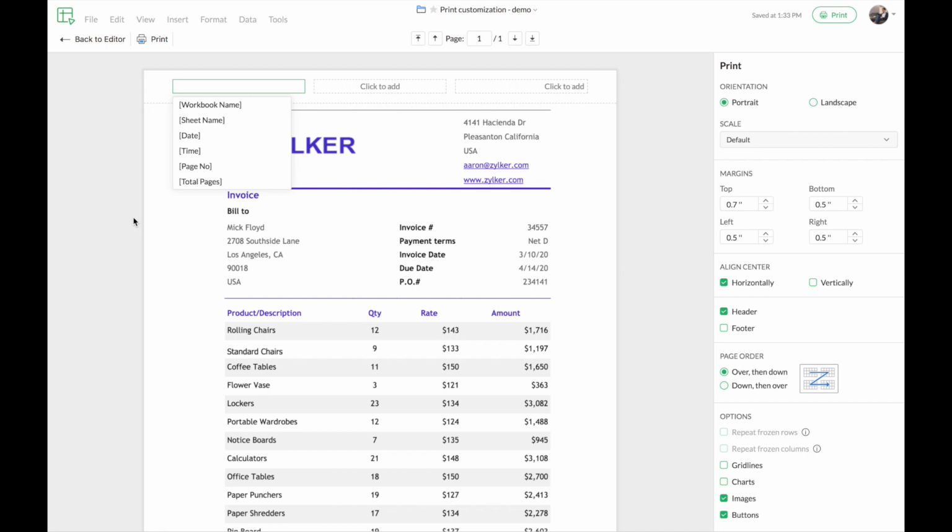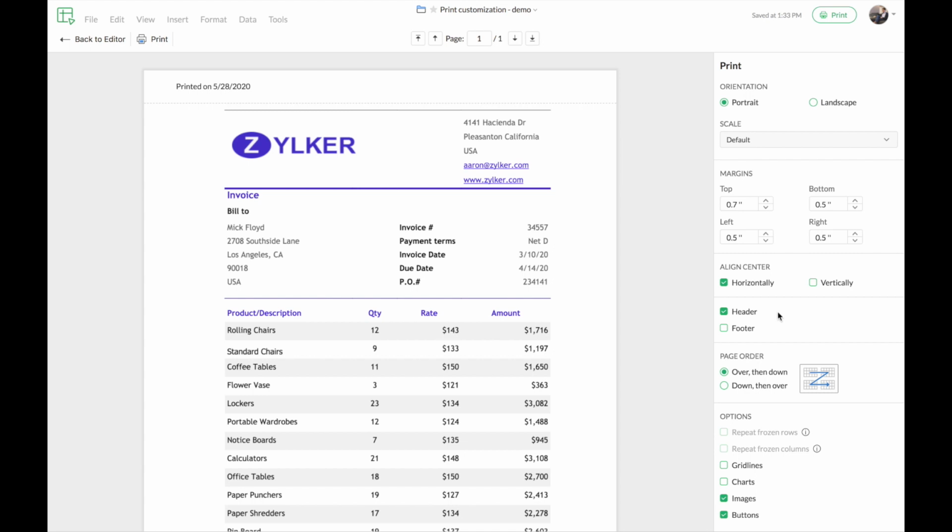Here I'm just going to give a combination of both the customized value as well as the predefined value. For that I'm just going to type in printed on. Now I've typed in a custom value saying printed on, and now I'm going to choose a predefined value, that is date. So I'll just click on date. Now that will give me a header saying printed on 28 May. This means that this particular invoice was printed on 28 May. This date will change based on when you are actually printing the data. This way you can also add a footer if you want, or give other values to the data that you're currently printing.